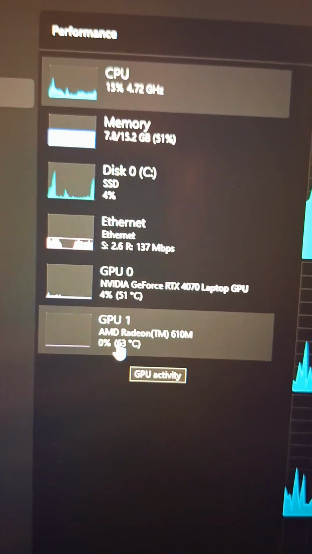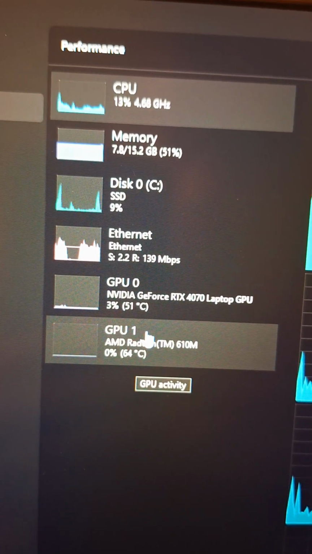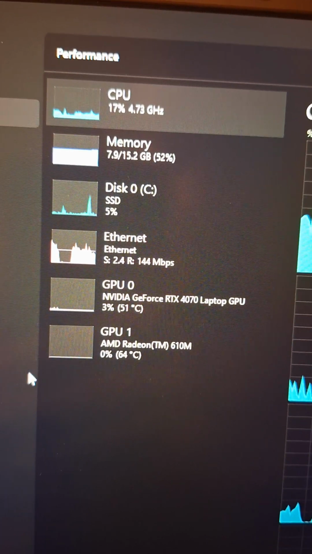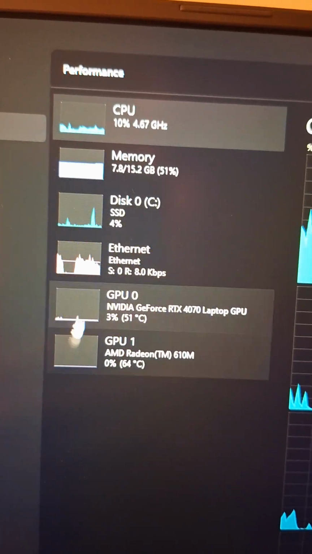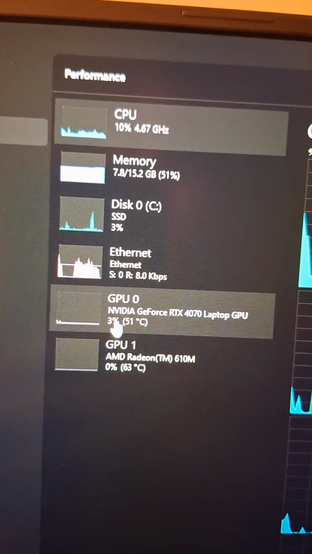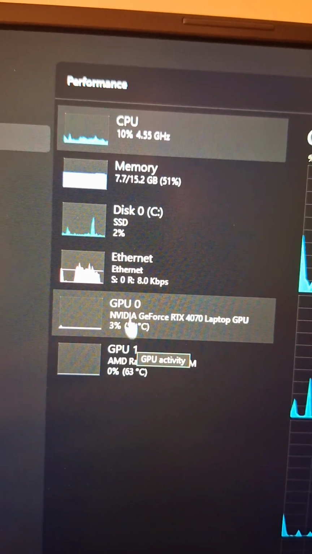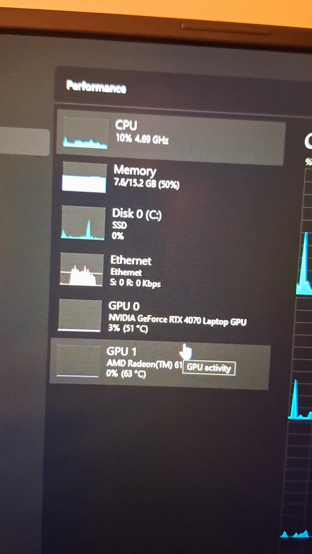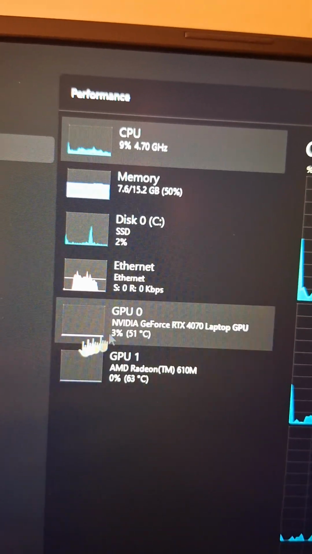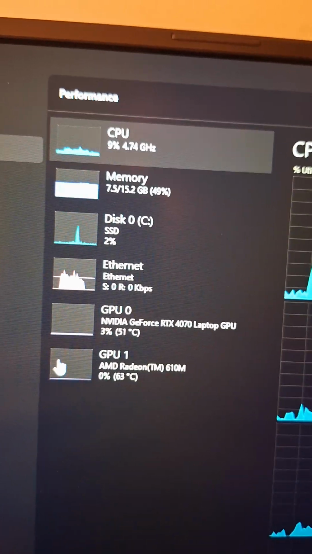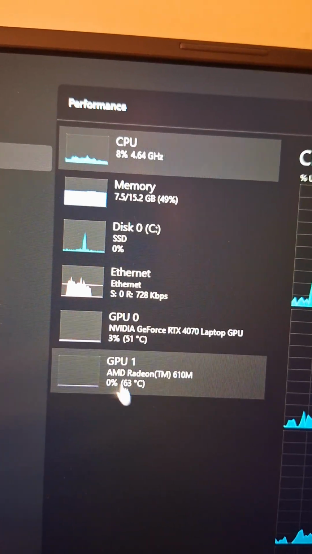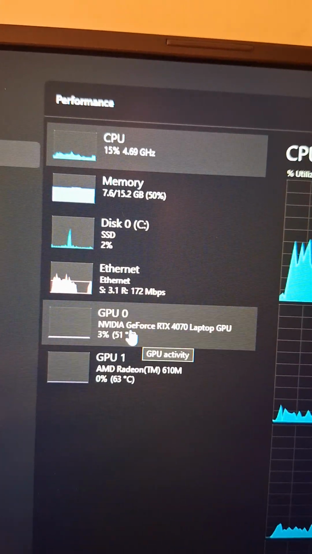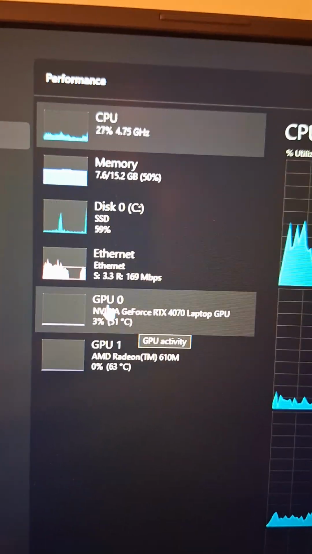It says it's the GPU, the Radeon 610M, that's integrated into the CPU as an iGPU, but I don't use it because I turned it off in the BIOS settings because it was causing glitches between these GPUs trying to communicate. AMD GPUs do not like NVIDIA GPUs. There's all kinds of tweaking and professional settings you have to do to get that to work, and I just did not want to deal with synchronizing all these settings. So I'm like, okay, I turn off the iGPU, and I use the dGPU, the dedicated graphics processor unit,